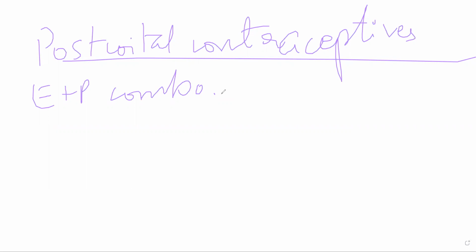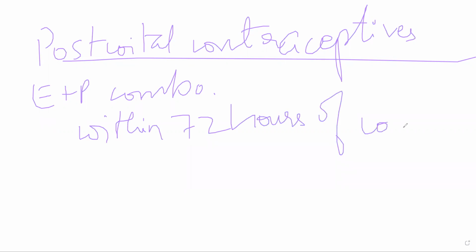Now the pill should be started as soon as possible within 72 hours of coitus. Okay, within 72 hours of coitus, you need to take this drug, as in within 3 days. The efficacy is very high. Efficacy is about 90 to 98%. So there's a very short chance that it will not let pregnancy occur. It will not let implantation occur.